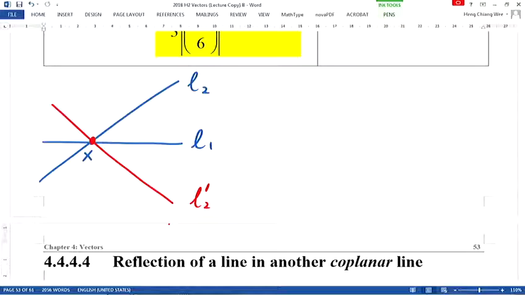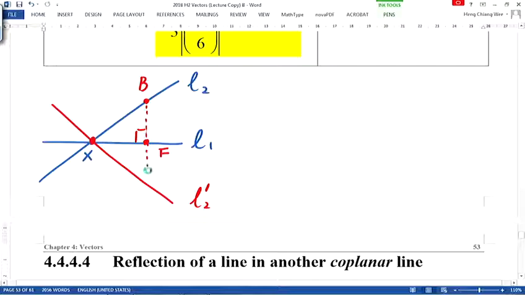Next, I need a direction vector of L2 prime. So how do we go about doing it? Remember, this is reflection. When it comes to reflection, if you recall in the last lecture, we talked about reflecting a point in a line. In order to reflect a point in a line, I have to use the foot of perpendicular. So the trick now is, L2 definitely has a point B; I must give you a point B on L2. With that, I can first find point F, which is the foot of perpendicular of B onto L1. Then,